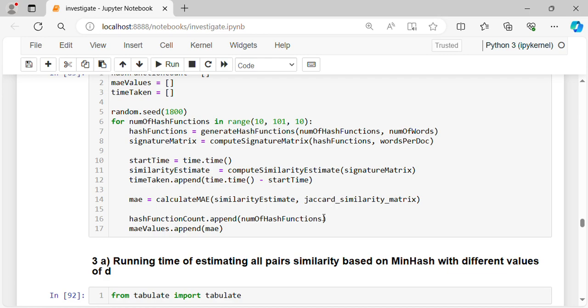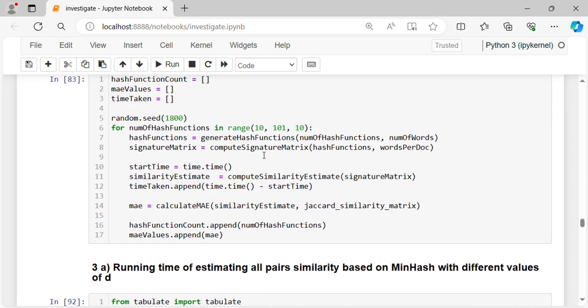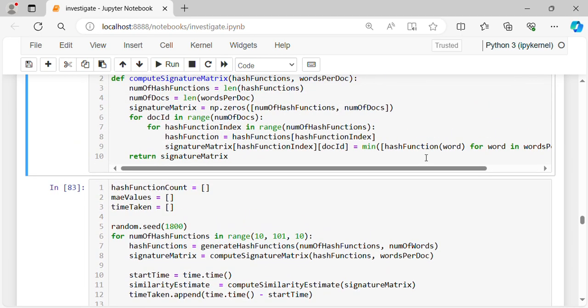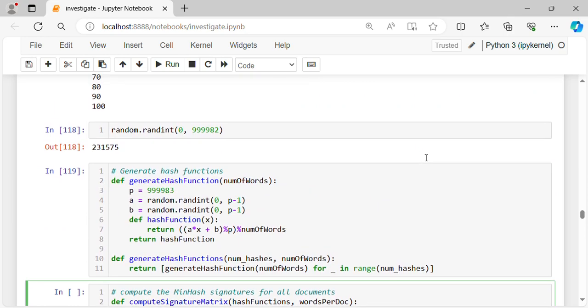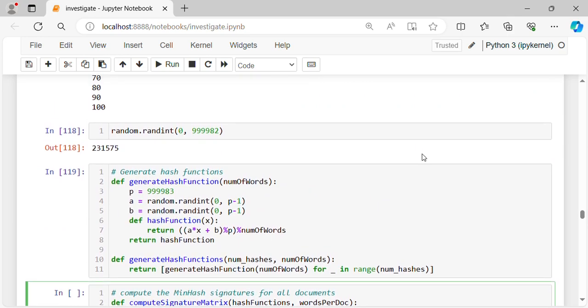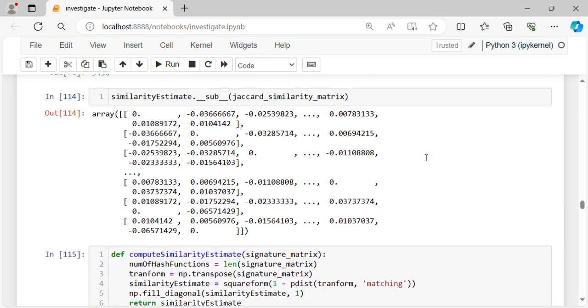So hash functions equal generate hash functions, number of hash functions, which for example the first one will be 10, comma, and number of words will be what? Generate hash function of number of words, and number of words comes from